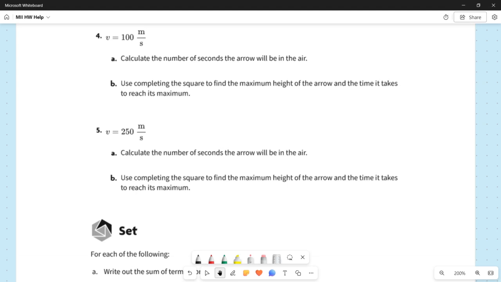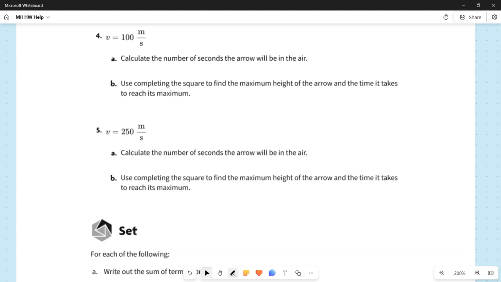And our first set of directions here say, calculate the number of seconds that the arrow will be in the air. The directions did not give us any specific criteria for how to solve this equation, so we may as well solve this in a slightly easier way than completing the square. I want to know how long it's going to be in the air, and we're assuming it starts on the ground. So we can take our function, which is